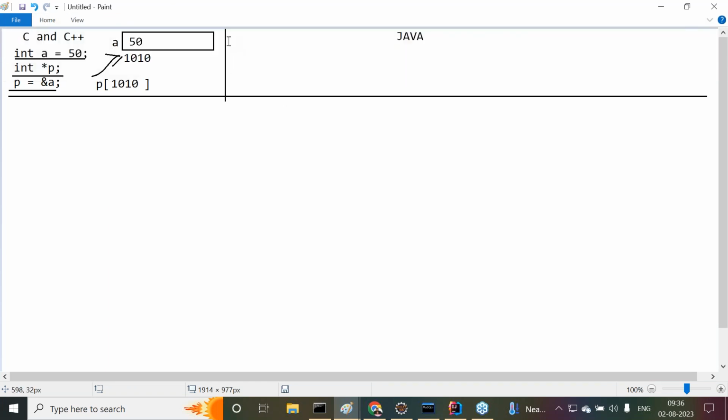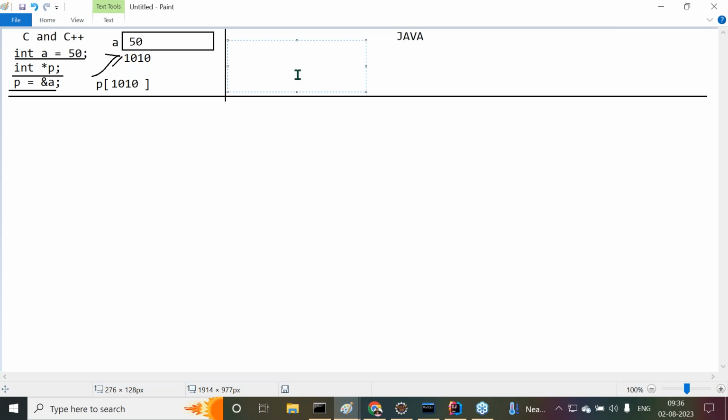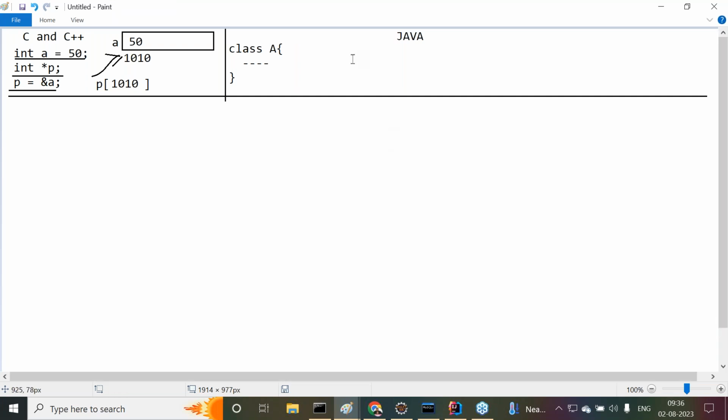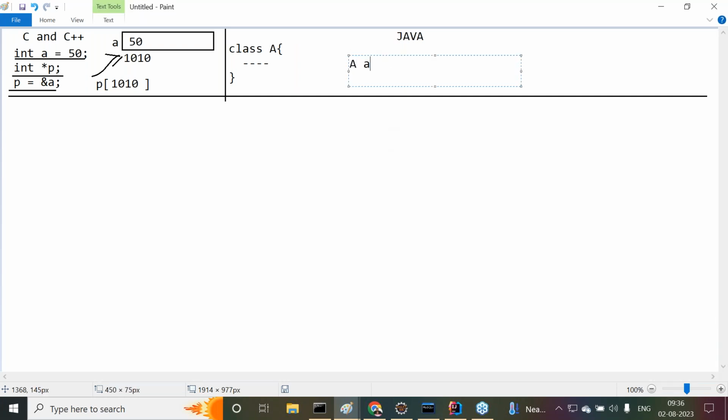Now try to understand it clearly. You know already that in Java, the complete programming is going on with classes. Now, for example, I want to take a class A. Inside these classes only, we are going to declare variables and methods. Fine. In Java, observe carefully, when we create an object for a particular class, automatically